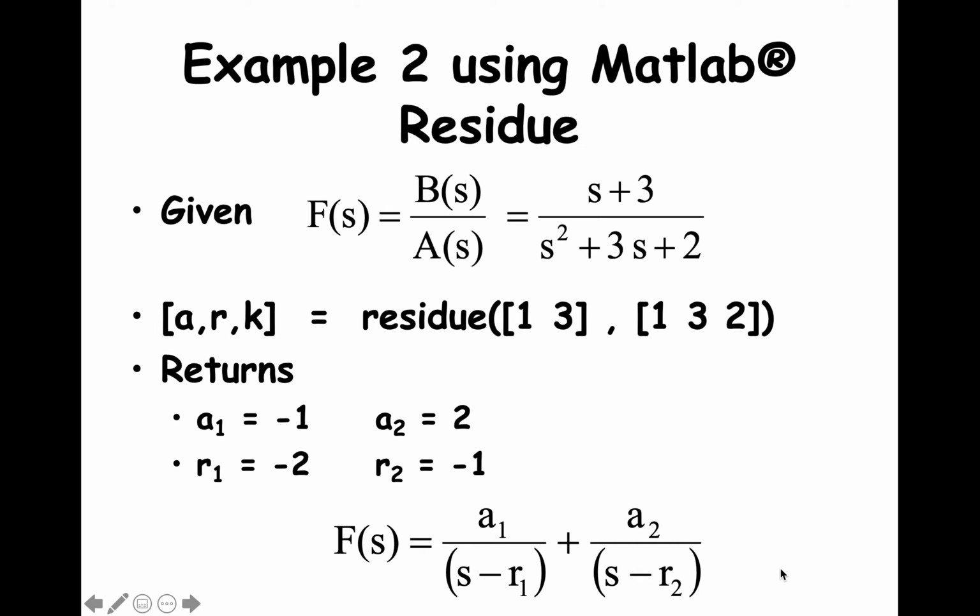Here we have example 2 from the course packet on page 67. F(s) equals the ratio (s plus 1) over (s squared plus 3s plus 2). The residue command is shown here: [a,r,k] = residue([1 1],[1 3 2]). MATLAB will return A1, A2, R1, and R2, and we can plug these results into the partial fraction expansion using the roots,